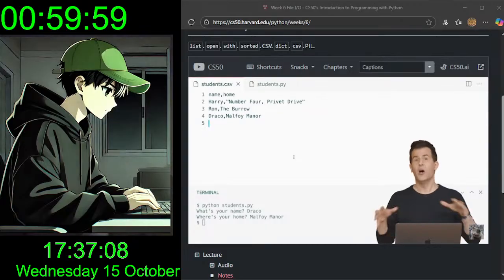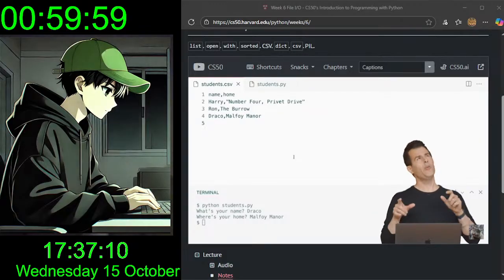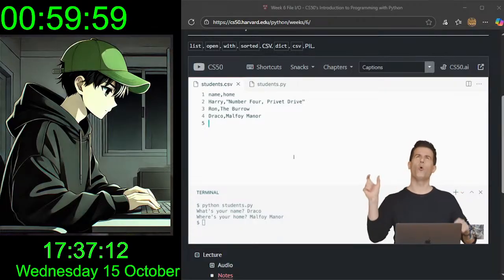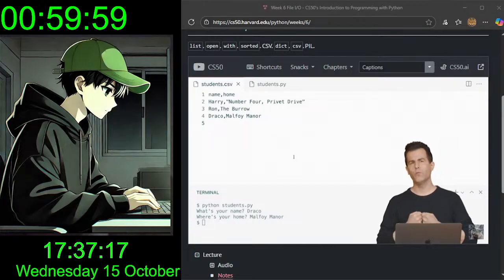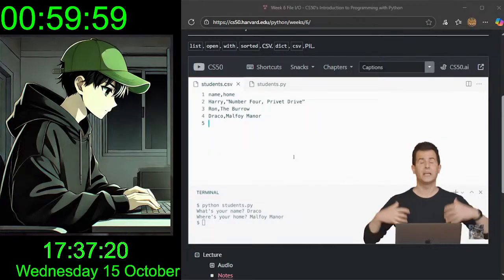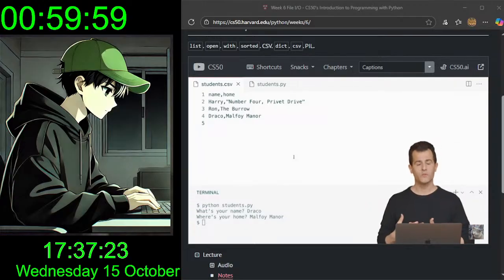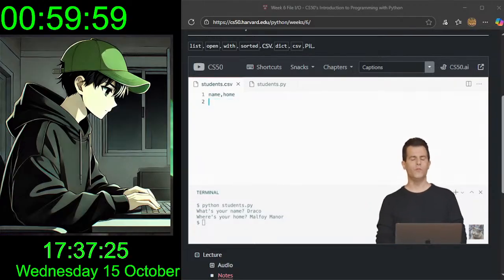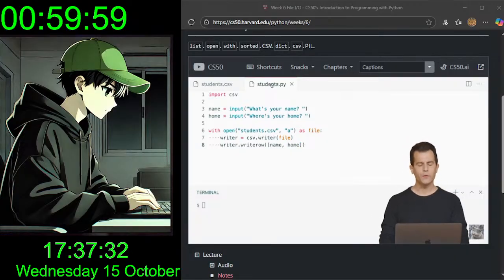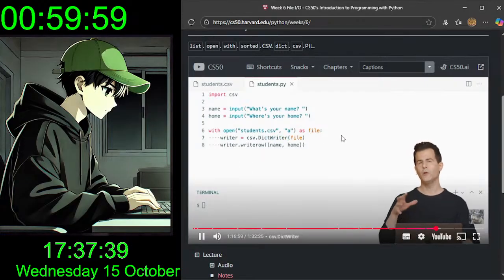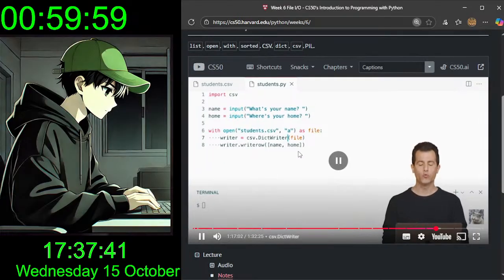Well, it turns out there's yet another way we could implement this same program without having to worry about precisely that order again and again and just passing in a list. It turns out if we're keeping track of what's the name and what's the home, we could use something like a dictionary to associate those keys with those values. So let me go ahead and back up and remove these students from the file, leaving only the header row again, name, comma, home. And let me go over to students.py. And this time, instead of using csv.writer, I'm going to go ahead and use csv.DictWriter, which is a dictionary writer that's going to open the file in much the same way, but rather than write a row,